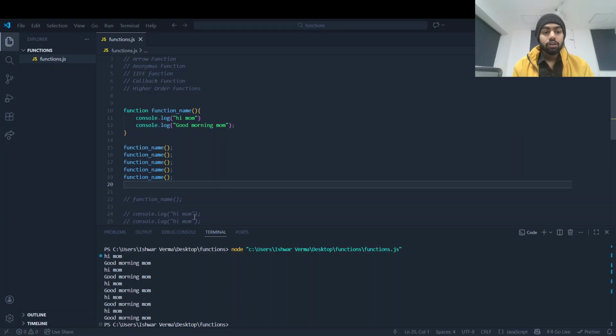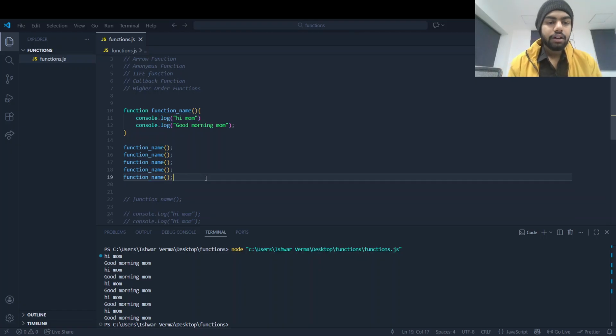Here I call this function many times, but there is one thing: our code is not dynamic. Every time we are calling our mom.